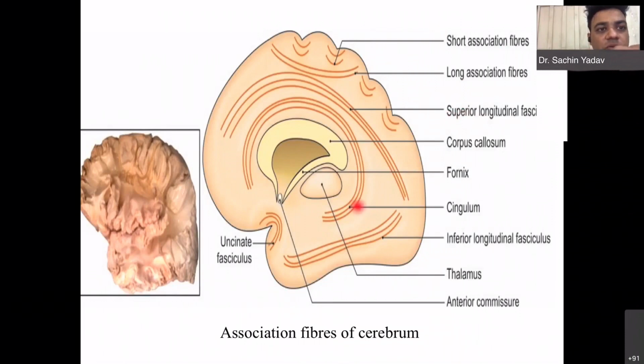The cingulum, you can see, travels along the cingulate gyrus, and the uncinate fasciculus is near the uncal area, the uncus gyrus of the tentorial part of the inferior surface. Got it? So all these are the association fibers, meaning they are confined to a single cerebral hemisphere. They do not connect parts of two cerebral hemispheres, only within a single cerebral hemisphere. Got it?